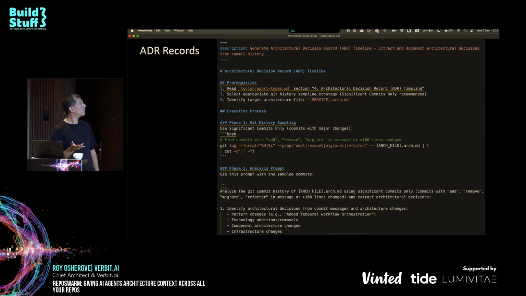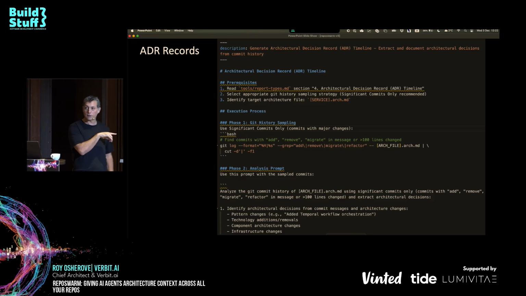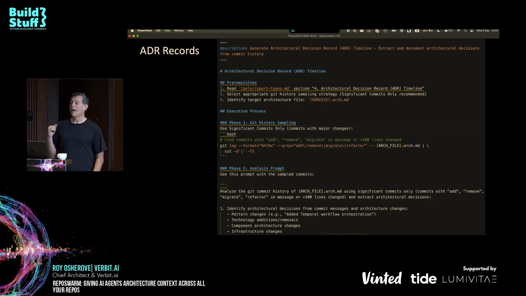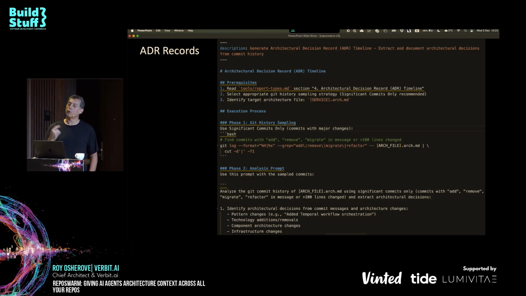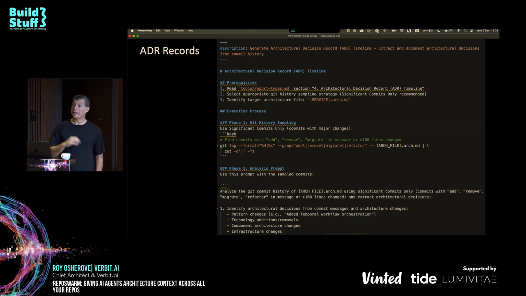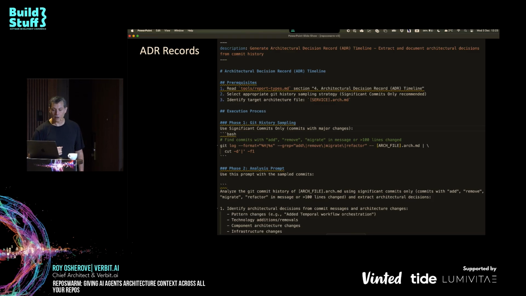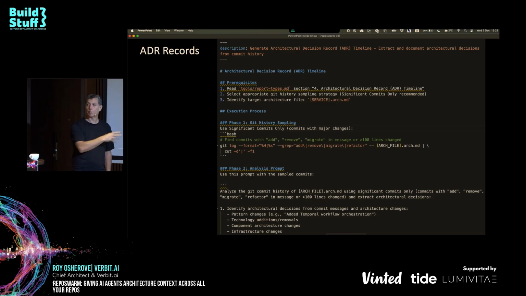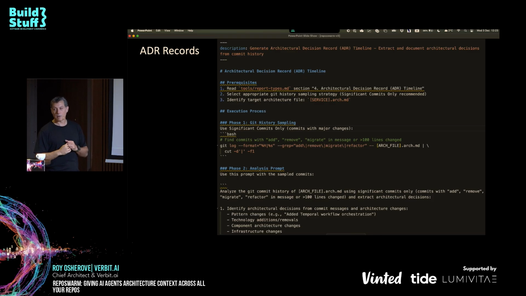So for an ADR record, this is an example of the prompt that generates it. Now, how did I create this prompt? I did not. I looked at all of the reports, opened the Architecture Hub, and asked, I think it was Codex 5, okay, now we have this, give me examples of really cool creative reports that I haven't thought about, that I can create from this information. And it came up with, oh, you can create an ADR record from this, and a bunch of other things. I started using it, and it's pretty cool. So I generated a lot of these prompts with AI and started experimenting with them.